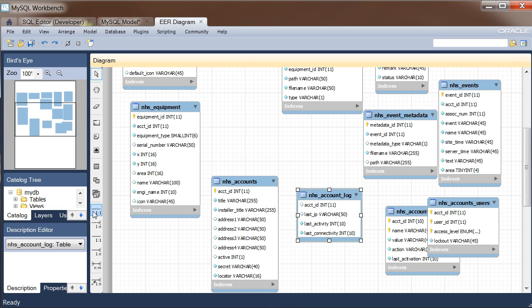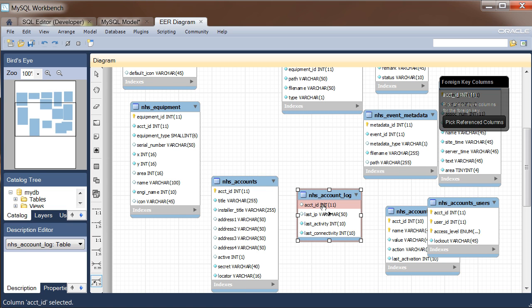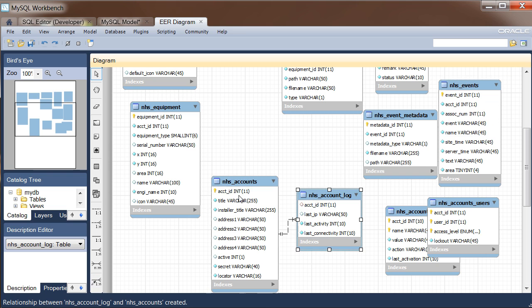This is a design tool. If you were building the database up from the ground up, this would enable you to very quickly create foreign keys once you've got primary keys created on your table. You can also create tables from this interface, and then you can update them to the database. So let's choose the option on the existing columns, and we're going to link the account ID to the account ID here,